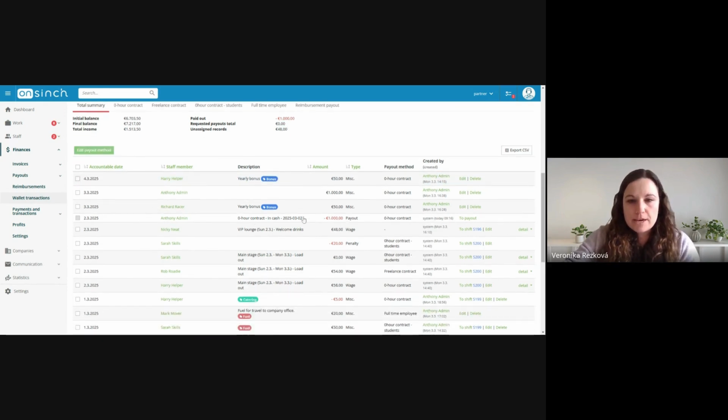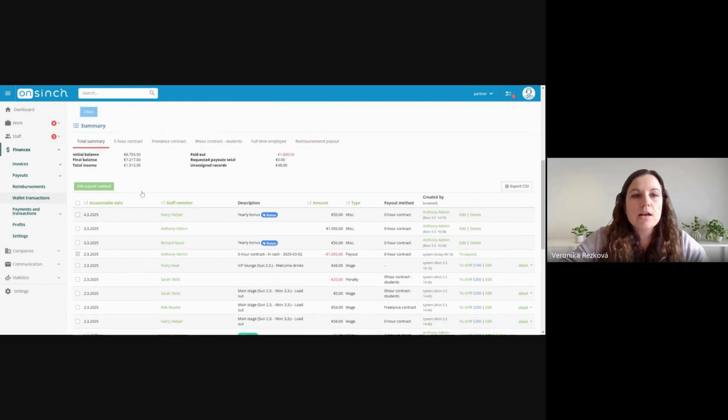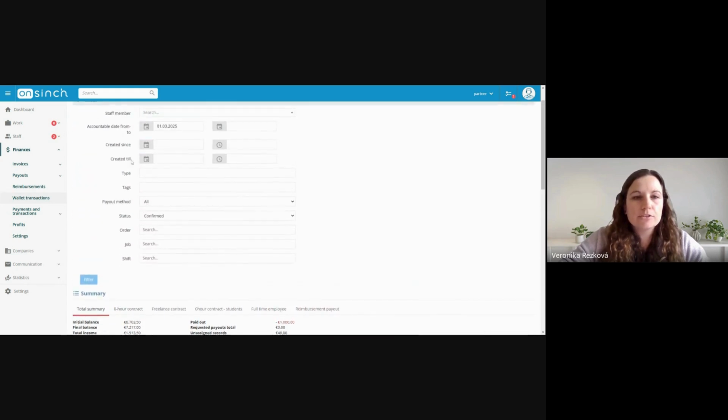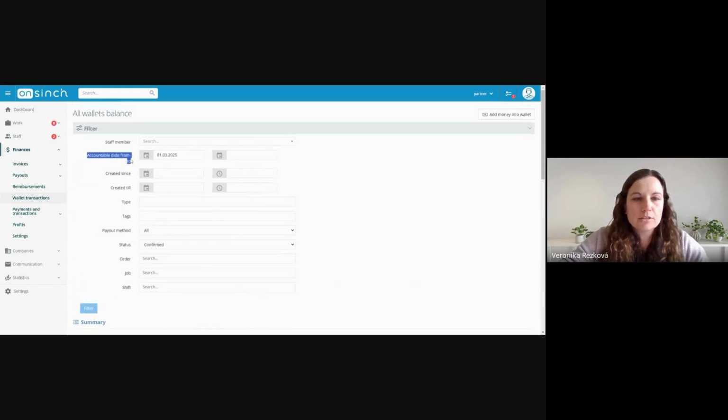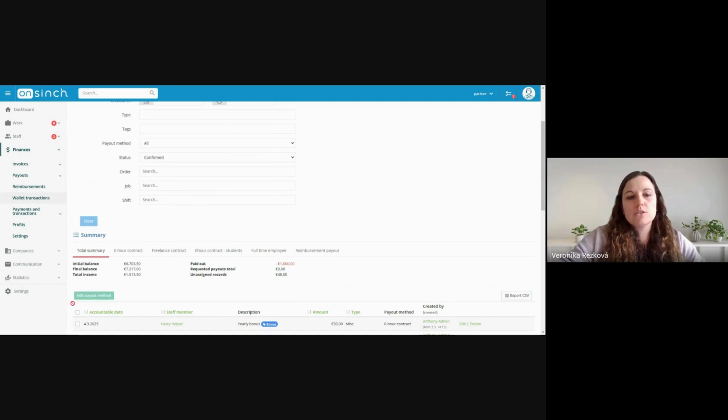And as for the payouts, as we can see, for example, here in Antonis admin's case, the payouts also have their own accountable dates. And that's what you set when you are processing the payouts, which we will get to shortly. So in this part, you have accountable dates of all the records, and they are important because when you are filtering in the filter here, you are filtering by accountable dates. So it's important to have